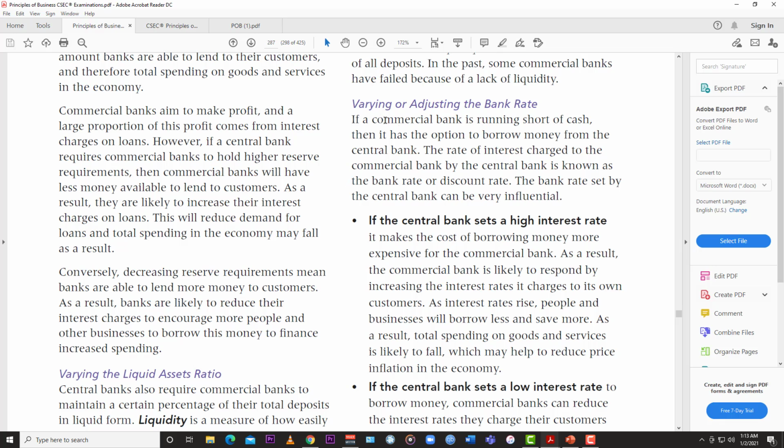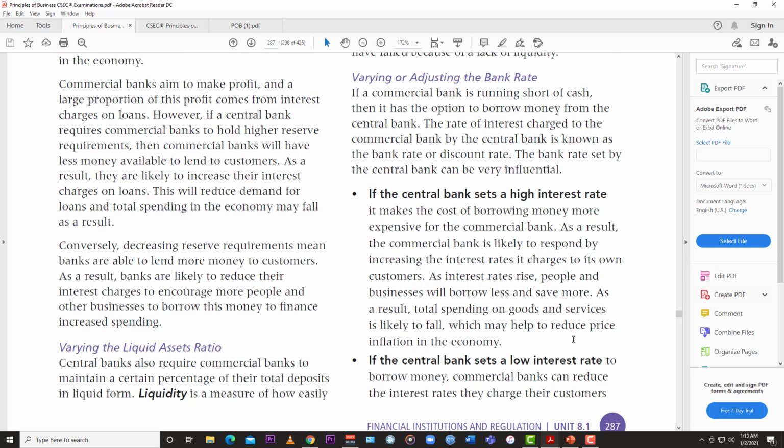Another way is varying or adjusting the bank rate. Now, what is the bank rate exactly? So remember, I said that the central bank is the banker's bank. So that's the commercial bank's bank. So if the commercial bank runs out of cash, they would borrow that money from the central bank. And depending on the interest rate that the central bank charges the commercial bank, that can determine how much money the commercial bank can borrow and how much money they would have on hand,